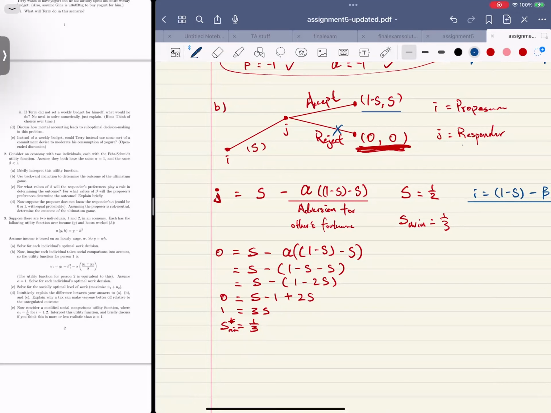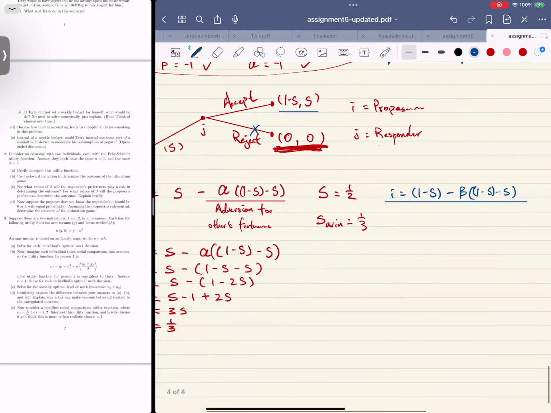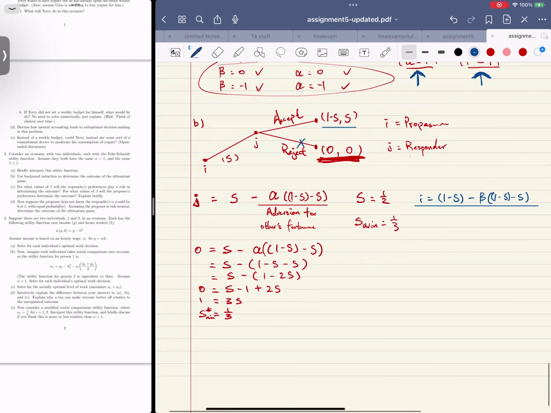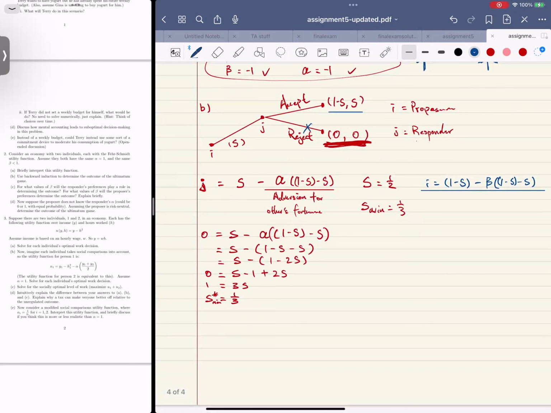If you are giving less than 1/3 of the share, the responder will reject, because from the responder's point of view, they will experience negative utility. They would rather you have nothing. Right? So now we're at the proposer side. So let's do backward induction. So we have the accept, but we have to also